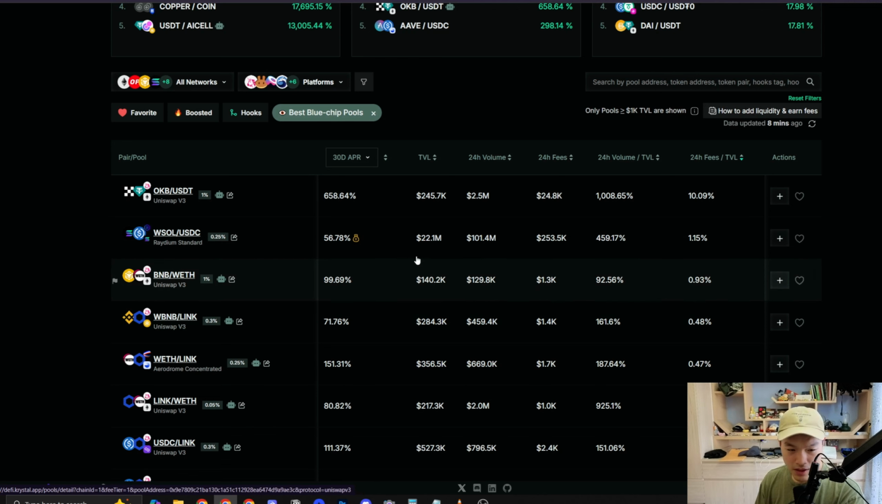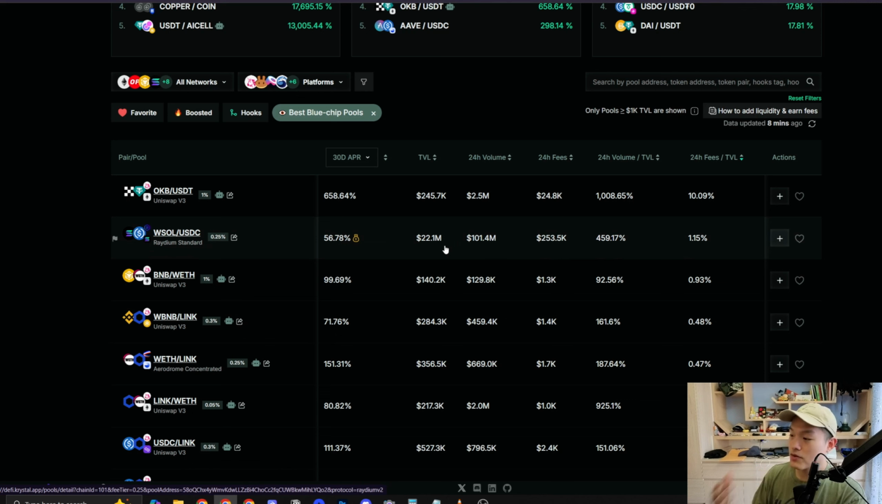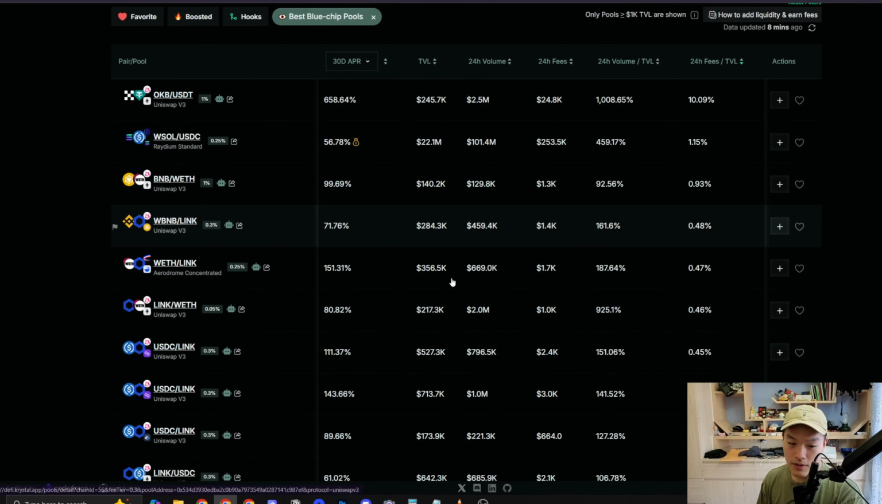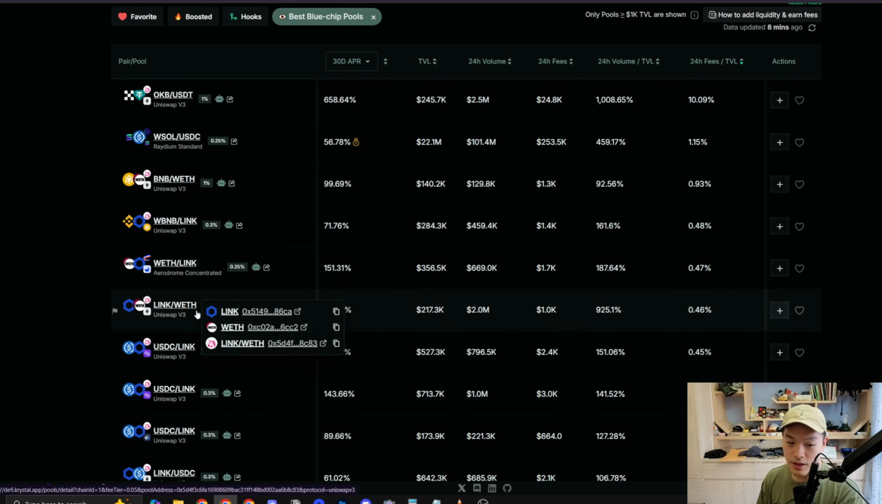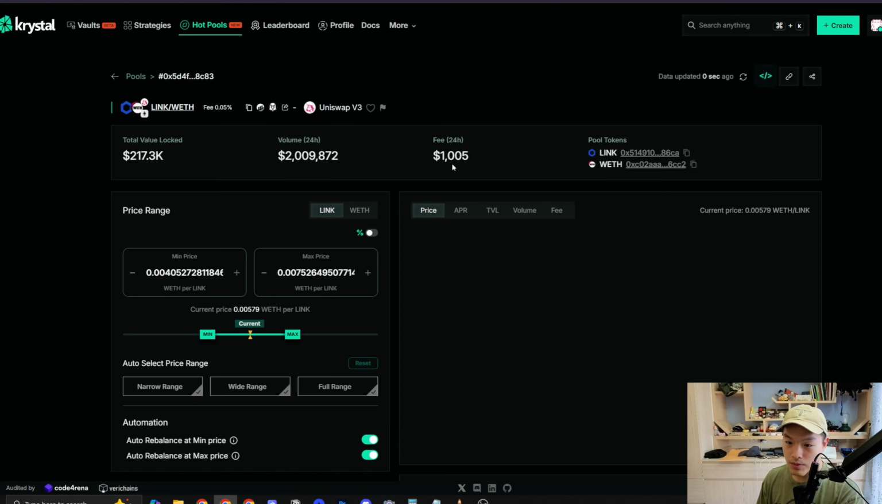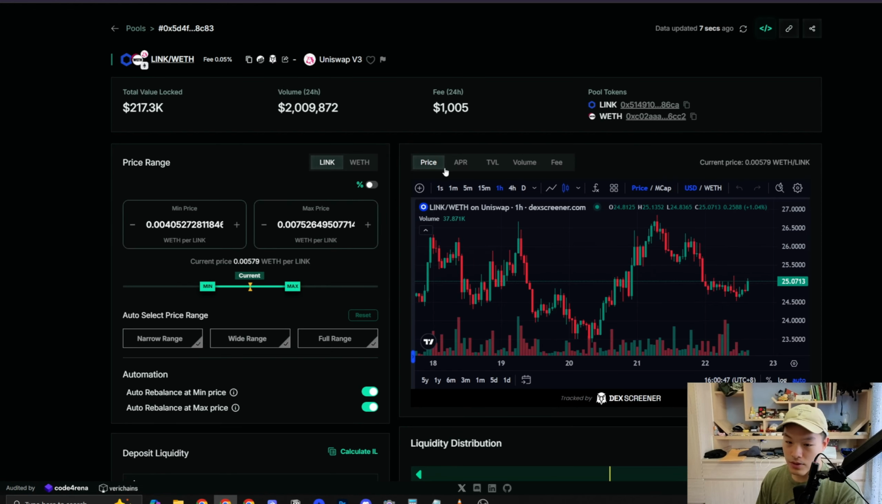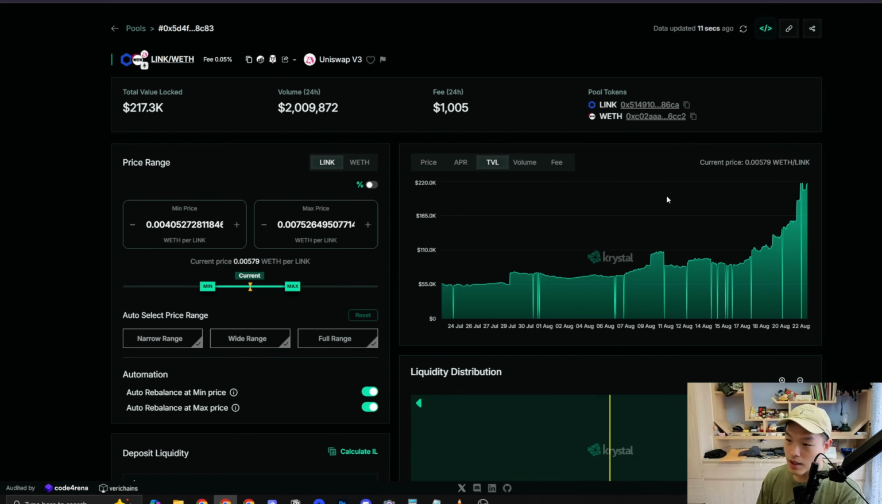That's quite high. So I could look into that, especially if I hold a lot of Ethereum or BNB and I'm bullish on those two assets, then I could basically dive deeper into that. And let's just say I want to click into the Link and Ethereum pool here. What I really like about Krystal is you can basically see the history of the total value locked, pretty similar